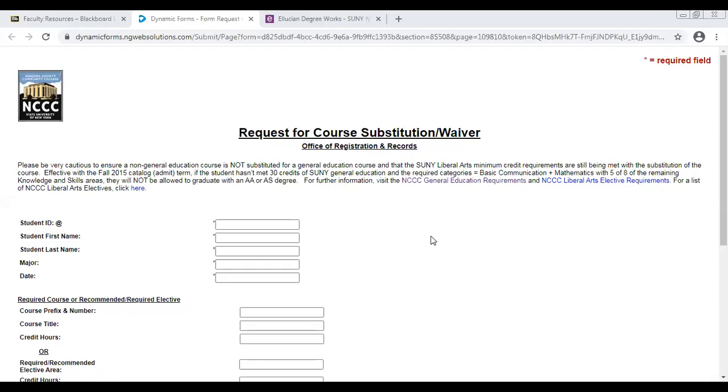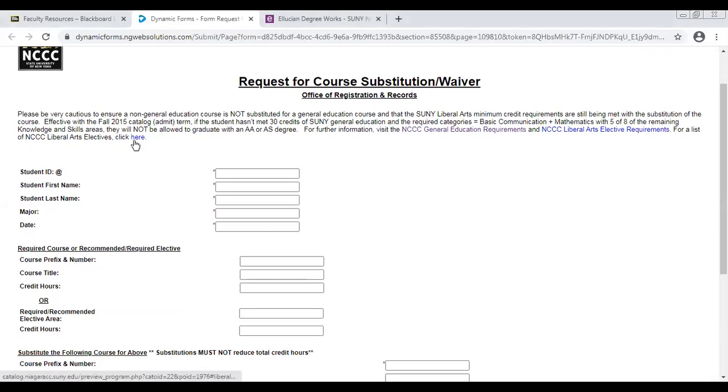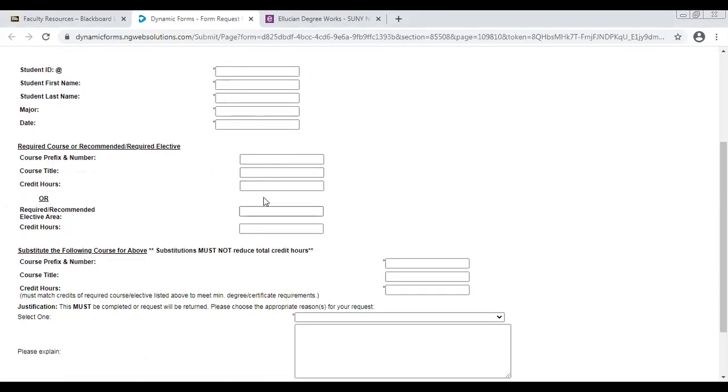All right, so just to go back to the form, there's also a third link, and that'll just take you to the liberal arts electives that are approved through the college. It's just off of the college catalog. So the first section is pretty obvious. It's just the student's information, the major that the student is in that you're doing a substitution for, and then the required course that you're going to be using another course to substitute,